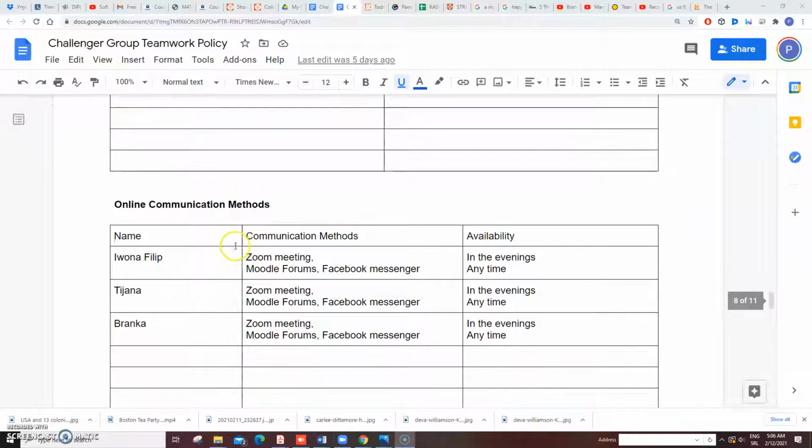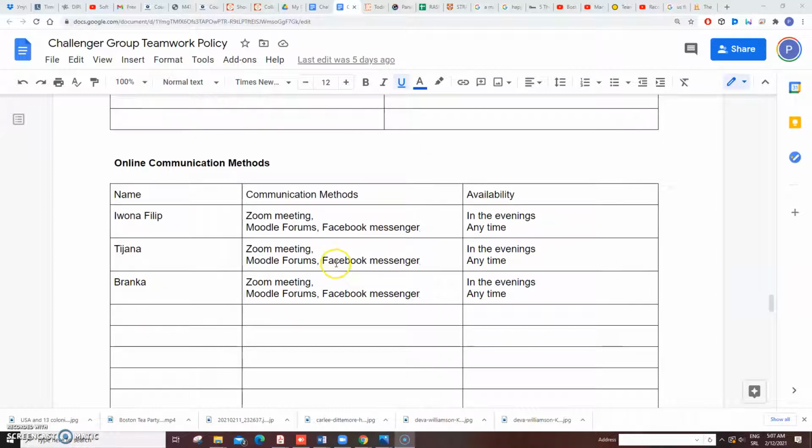And then we also had to define the way of communication. So we decided on Zoom meetings, which were quite efficient in our case, as well as Facebook Messenger. We all live in the same time zone, and it was very convenient for us to set the meetings at short notice if necessary, and to help each other if there were some technical problems or any idea. Usually technical problems will prevent us from achieving something, but when it comes to content, it was very fruitful and